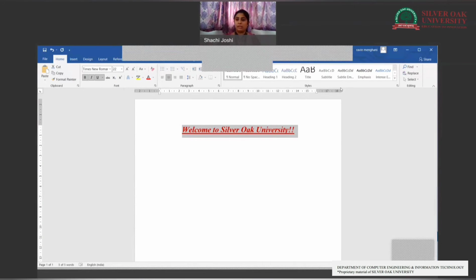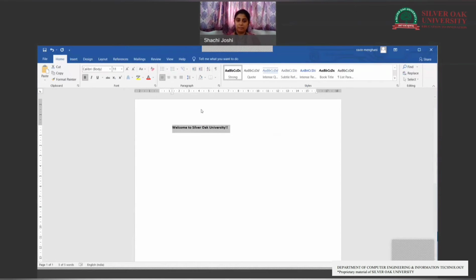There are some kinds of headings over here. Which kind of heading do you want? For example, I'm going to take this, and the whole text will look like this. I can select this or this or this, anything. With Control Z, you can move back to the original one. Control Z, Control Z.